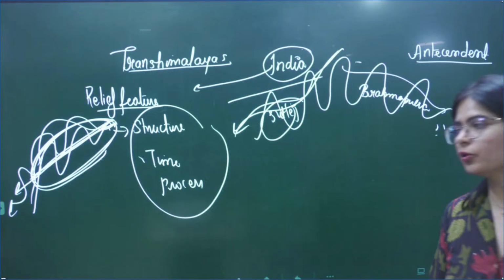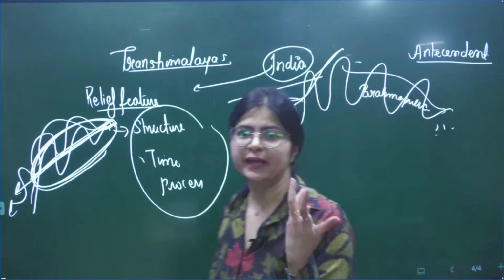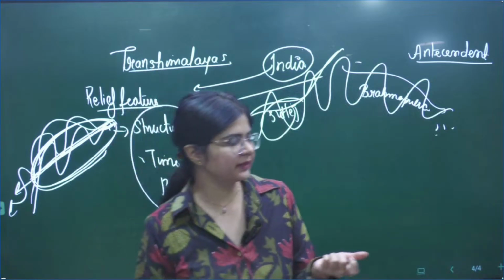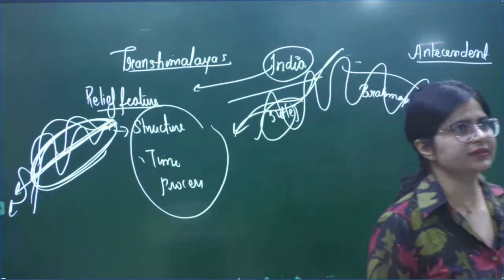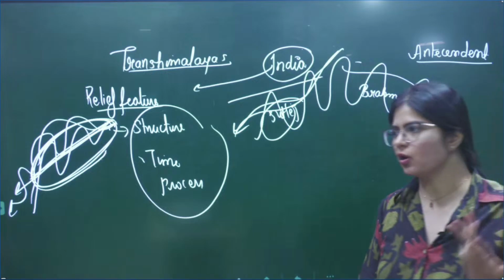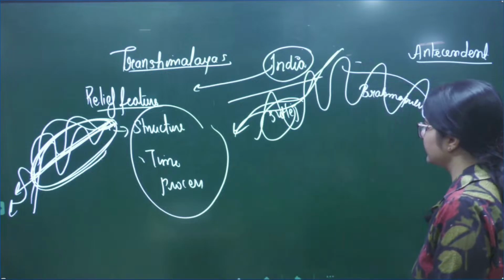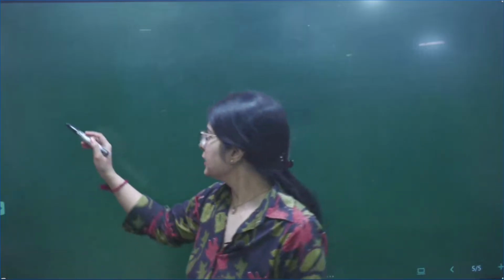Okay, so this is what you mean by when you will do the reverse chapter separately, then you will have the understanding of what is antecedent, what is discordant, what is cordant. You will have a complete understanding. But again, I am repeating for the students who have not got this.